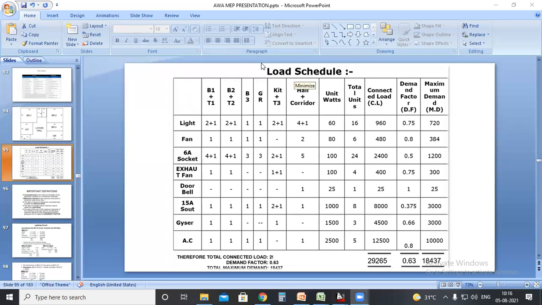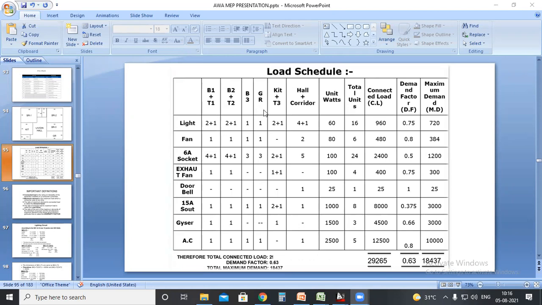I think everybody is clear how it is 1. Bedroom 3 will have only 1 light, 1 fan, and 3 sockets. That means only 5 points are coming. And what will be the total load? 1 into 60 plus 80 plus 300, right? 60 plus 80 plus 300, so 440 will be the total watts. So it is following the condition, that is less than 800 watts and less than or equal to 10 points.